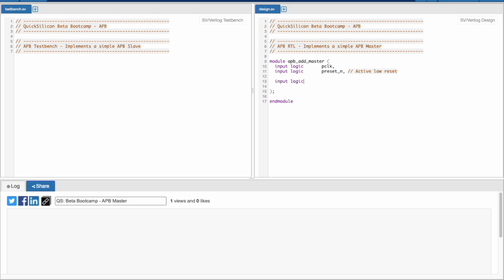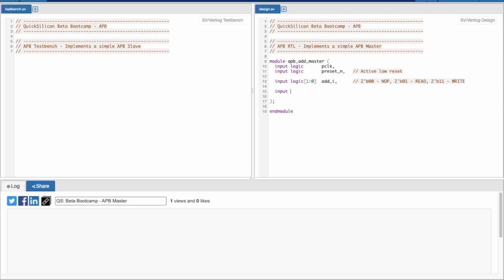And then we have the add_i signal, which is: if it is 2'b00, no operation; 2'b01, then read; 2'b11, then write.